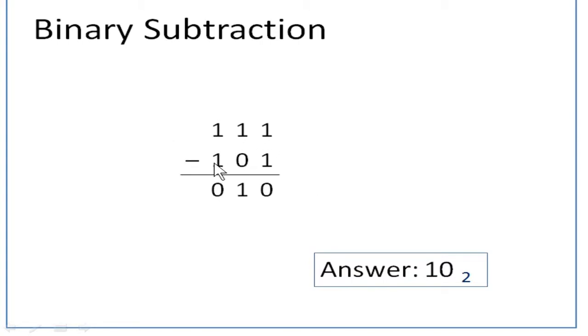is the binary number, and then minus 1 0 1. Okay, so 1 minus 1 is 0, 1 minus 0 is 1, 1 minus 0 is 0. Okay, 1 minus 1 is 0. So you have got 1 0 as the answer for this. So it is very simple and clear, you don't have any trouble.